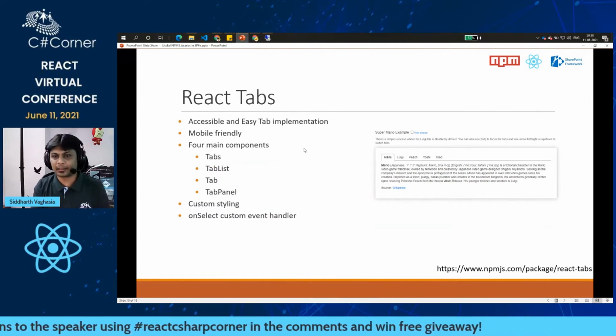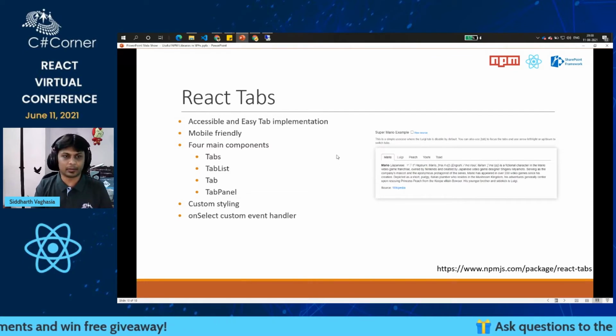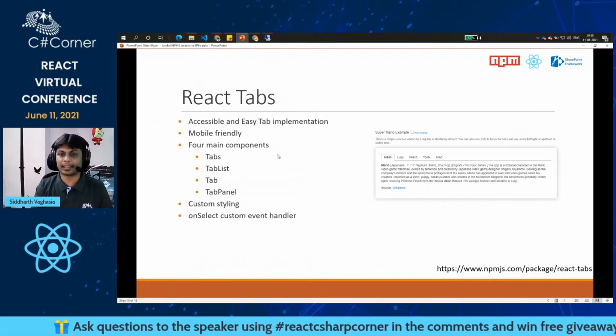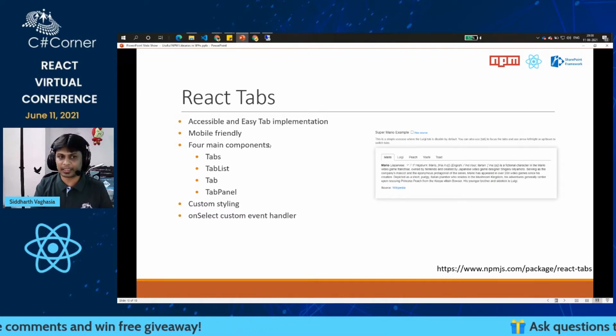Moving ahead, let's start with the components. First of all, I would like to explain React Tabs. In any application, one way or another there would be a business case where we might have to create tabs. What if you want to create them in a React based application?